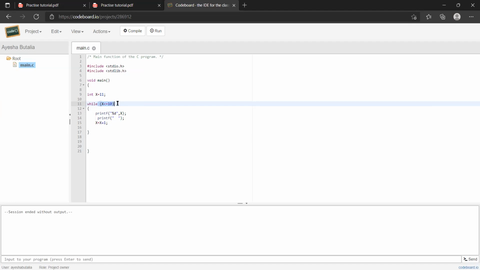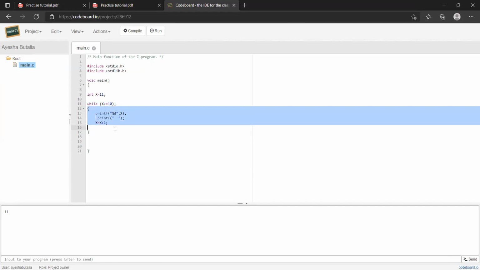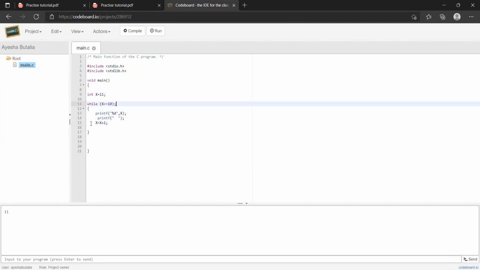Semicolon means it's the end of the loop. So your while loop will end here only. It will not go inside this because this statement will execute and end here only. You do not want the semicolon here. It won't give you an error, but it did not go inside the loop because it didn't consider it as a loop. It ended the loop here only, and this was just a normal statement after the while loop.